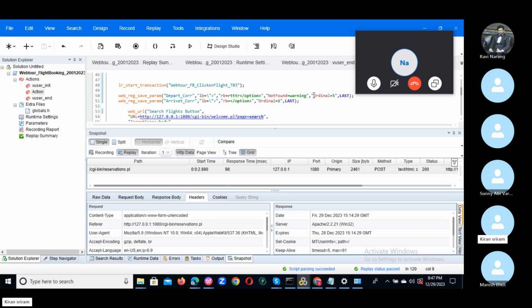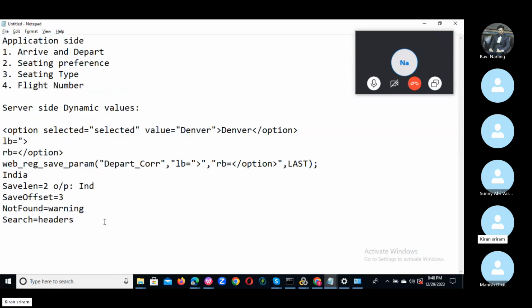But if your response is contained in the headers, then definitely you should mention one more argument: search is equal to header. Only then will your script work. Clear on this? And we have one more argument,